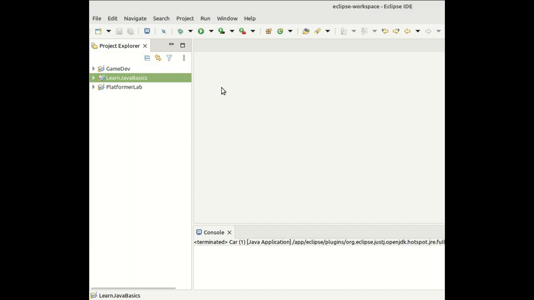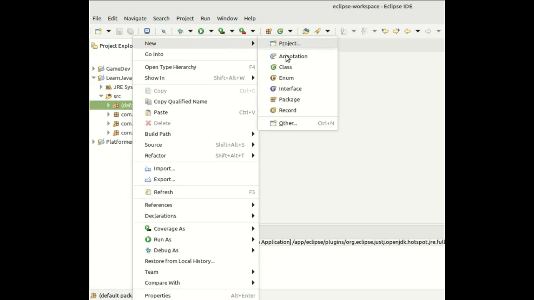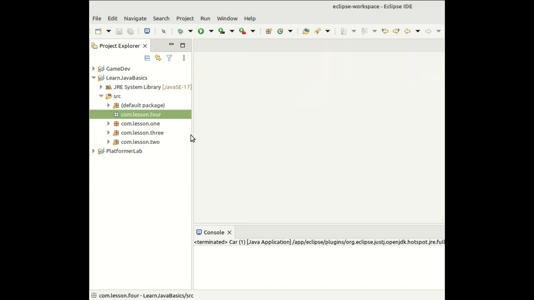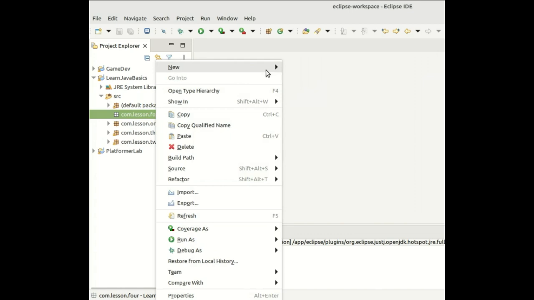Okay, we are in Eclipse, so let's start coding. We go back to our project, Learn Java Basics. I want to add a new package here. Simply right click and then come to package. You can say com.lesson.form. Yeah, that should work. Right click on it, then new